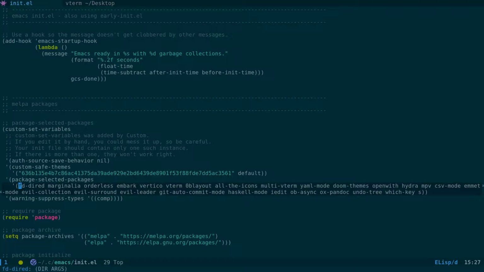So you've got fd-dired, Marginalia, Orderless, Embark, Vertico. I think it prompted me to install another, embark-consult or something. Can't see it listed there. But yeah, those are the packages that I installed, and